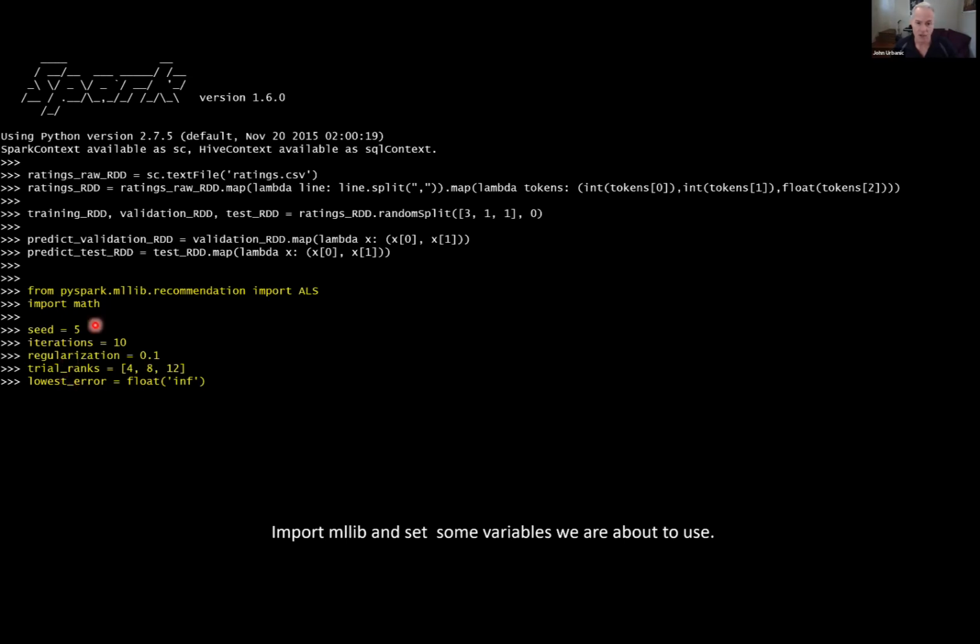And again, the documentation that we had from yesterday is excellent on this. So I'm referring you to the same Spark documentation link that we used yesterday and I have in our exercise slide. It lists all the parameters that are part of ALS, but the first one we're going to set up in advance is seed. And once again, as I said yesterday, we find ourselves dealing with random numbers an awful lot with machine learning.